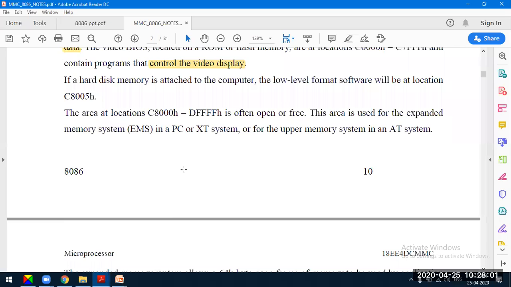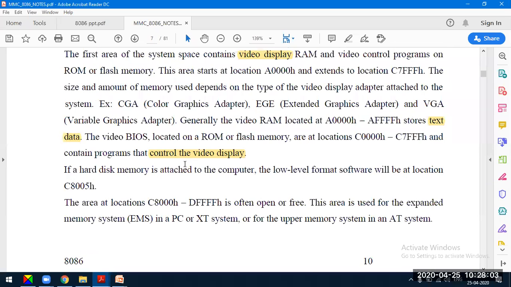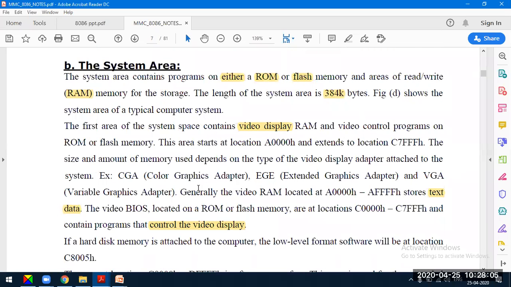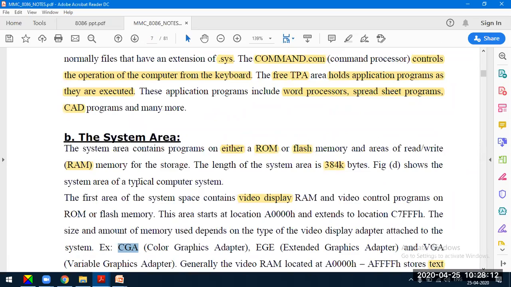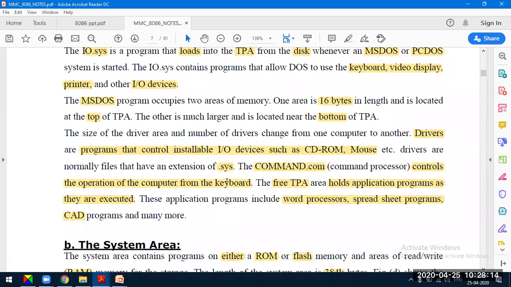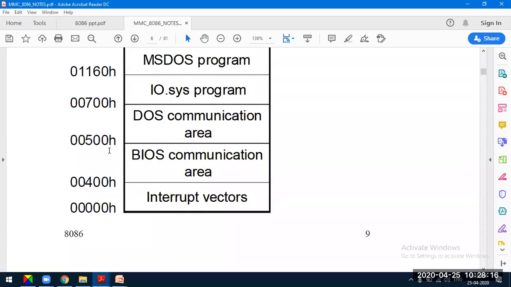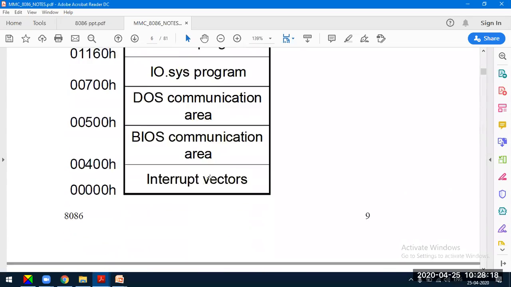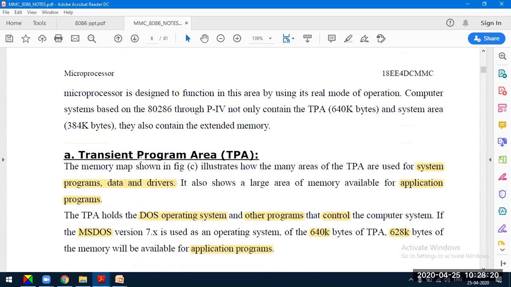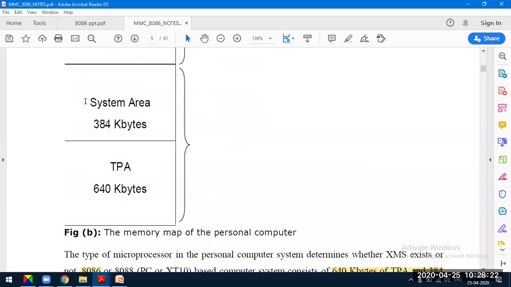It is listed here. Many things are new to us, for example VGA, and CGA, the Color Graphics Adapter. But generally we should understand the various contents of these memory areas, like the TPM memory area and the system area.